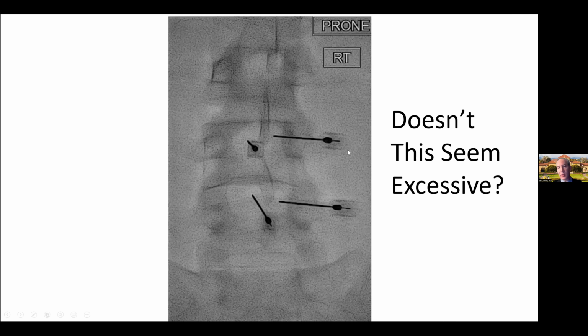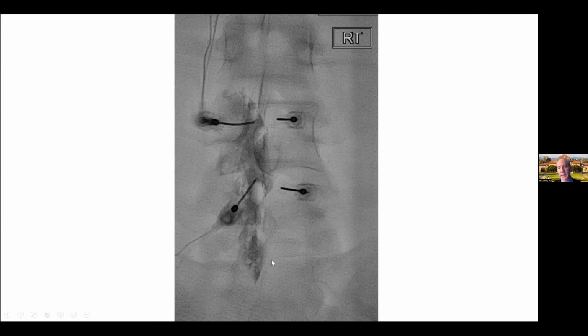And that can lead you to do things like this. This image is from a young woman who had a severe low pressure headache after having a lumbar drain removed. We weren't sure if it was at this interspace or this interspace. We could see a skin suture that showed us where the lumbar drain had been sewed in, and it was at about this level. We started by injecting these needles on the left,